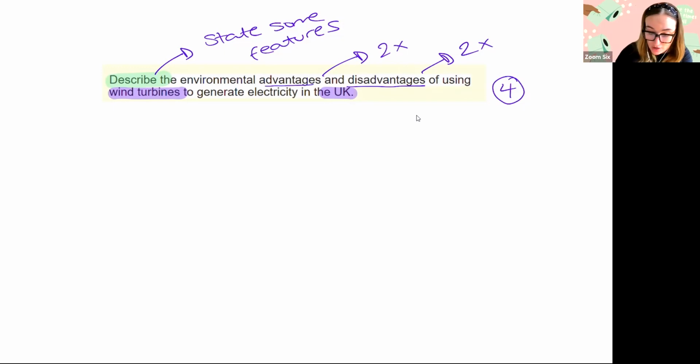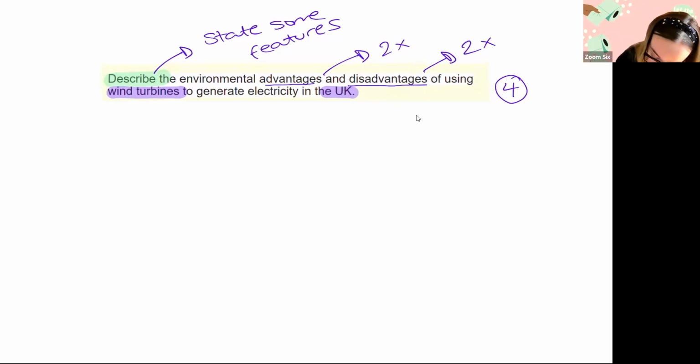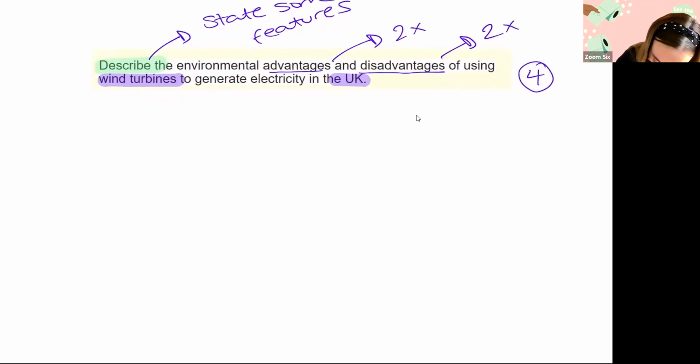So I'm going to start writing now, and I want you to do the exact same at home. Have a go, and we'll share our answers in a second. So I'm going to write on here. You can copy bits of my answer if you want to. It's just about working together. Okay, so 4 minutes, let's go. So I'm going to start with